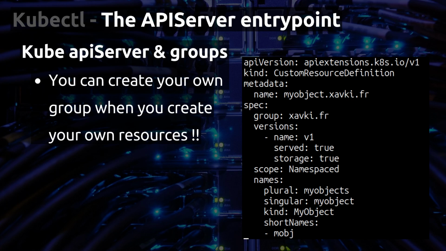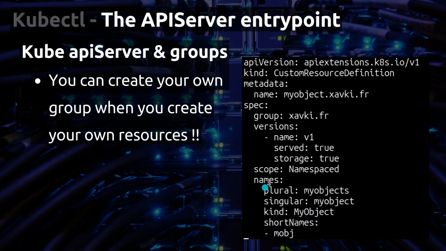For example, with a namespaced resource, we can have resources with the same name in our cluster, but in different namespaces. If we don't have a namespaced resource, we can't have the same resource with the same name in our Kubernetes cluster.